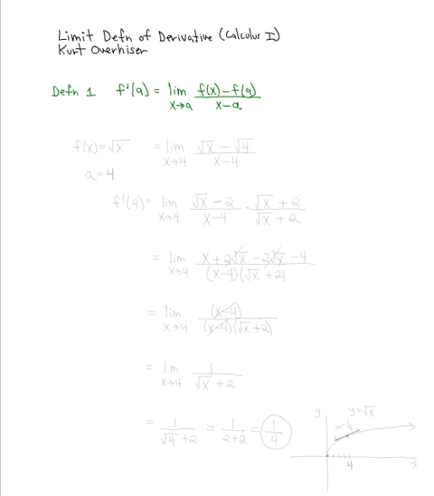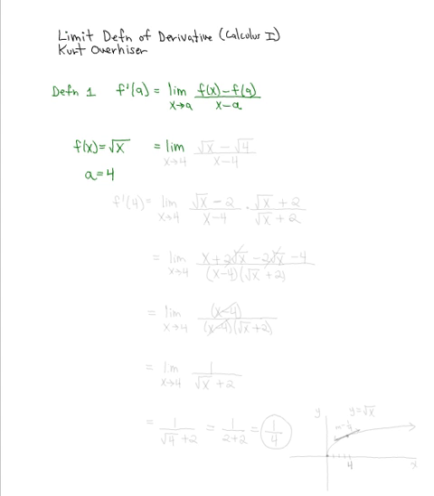To look at an example on how to use this definition, we'll suppose that the function f of x is equal to the square root function, namely the square root of x. And we'll also assume that the letter a, which is a constant, is given to us as the number 4. So we come back up to this definition and start plugging in the function and the value 4 for a,